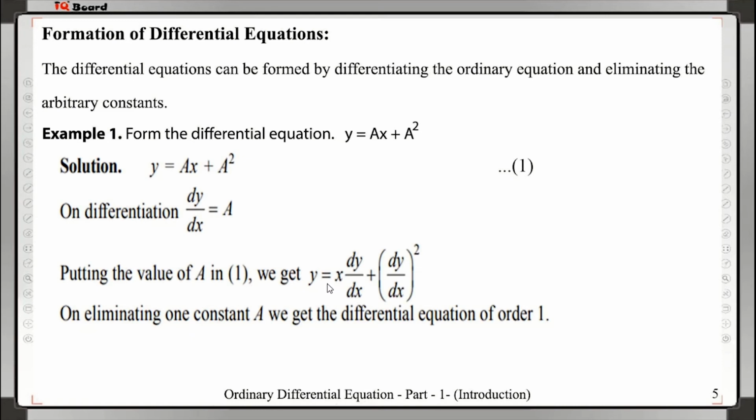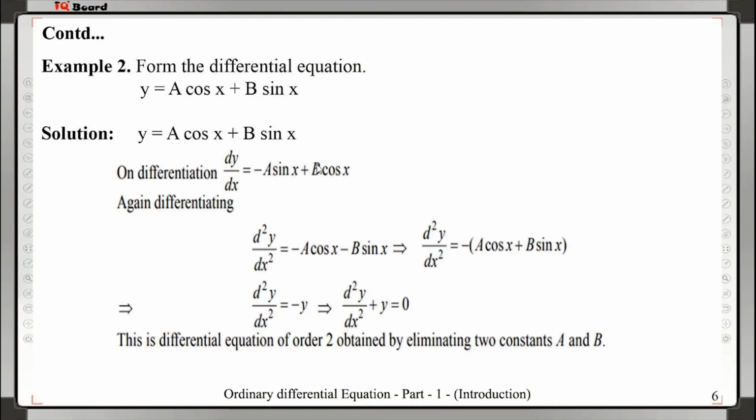So y equals to x dy by dx plus (dy by dx) whole square is differential equation whose order is 1 and degree is 2. Now see the another example, that is y equals to a cos x plus b sin x,